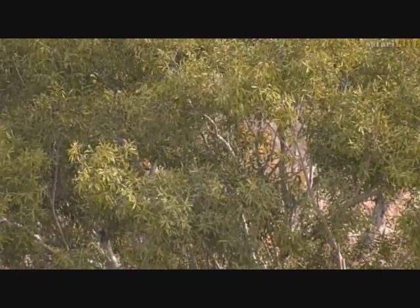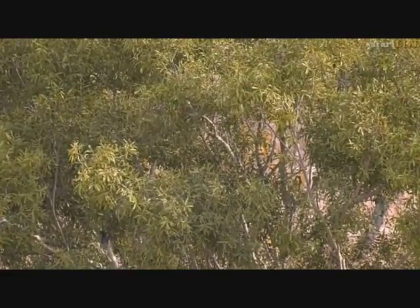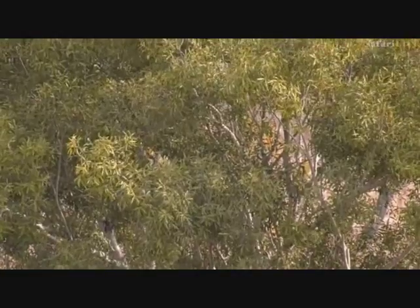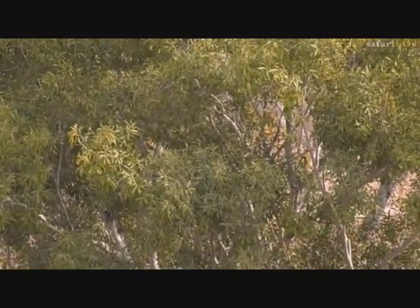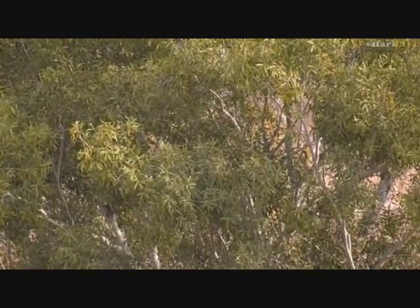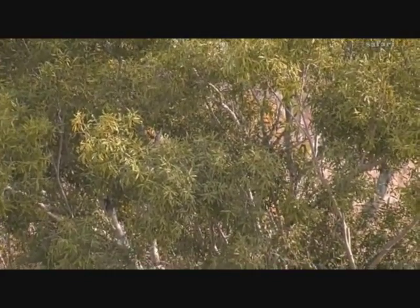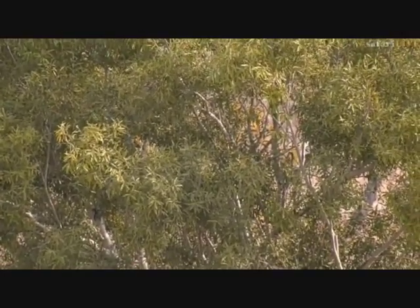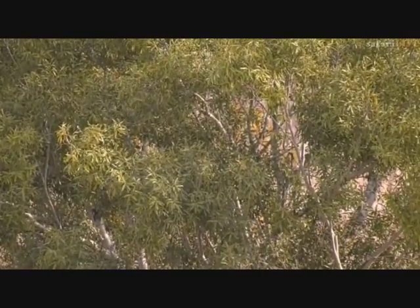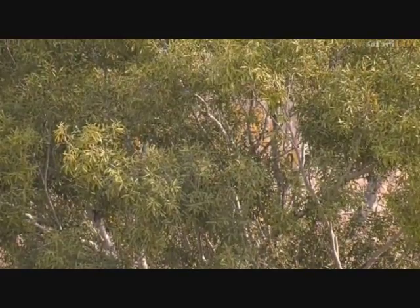So that's E for us, Euclea divinorum. Now, divinorum comes about because this tree is used to divine water. Surprise, surprise. There's something quite interesting about that, because you speak to some people and they are absolutely convinced that this tree does find water. How they do it is they cut a Y-shaped branch, and they walk with it, and when the Y-shaped branch starts to point downwards, that is where